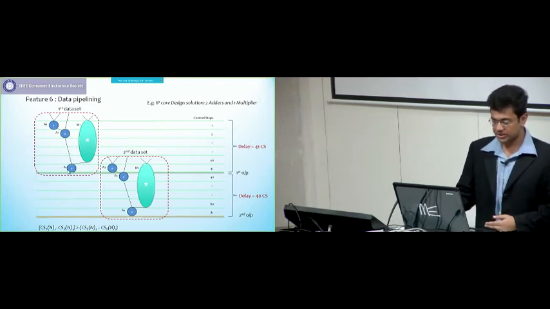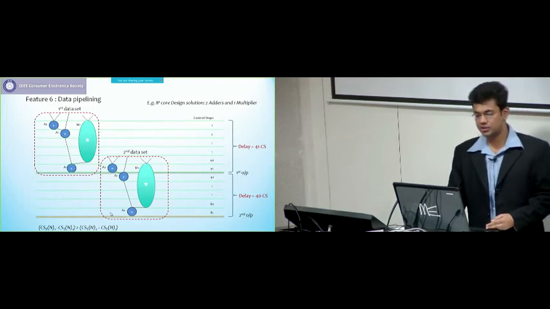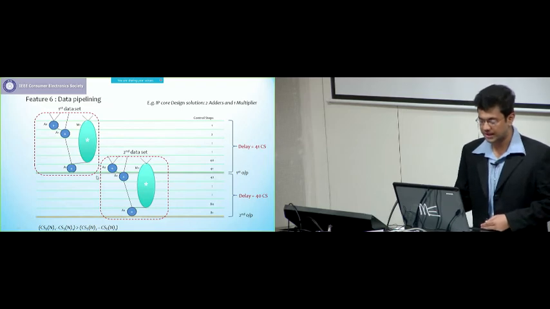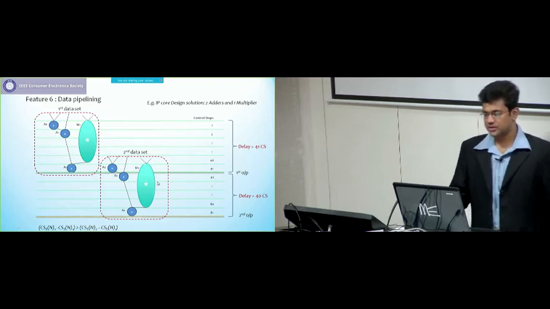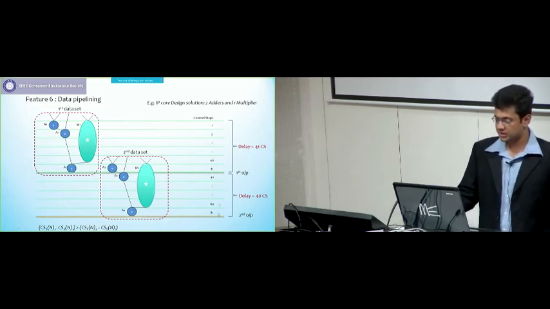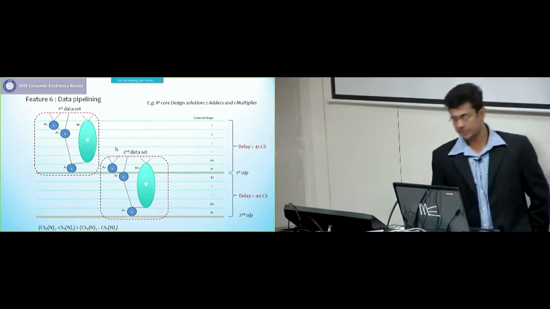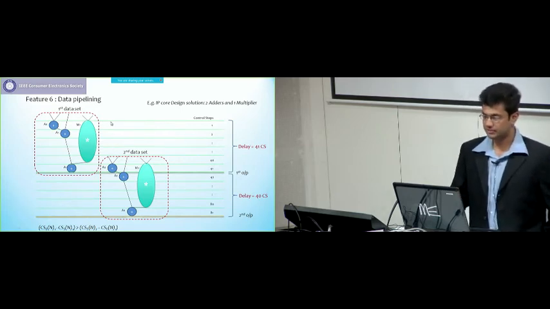If the end control step of the first data minus the start control step of the first data is greater, which means this part is currently 41 control steps, as you can see here, than the end control step of data 2 minus the end control step of data 1, which means this part comes out to be 40. So 41 is greater than 40, so we see that this condition is true, and that means there is data pipelining in the design.